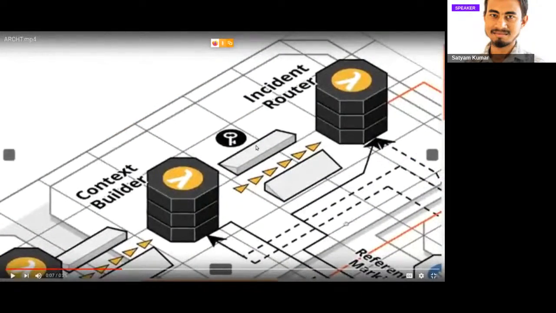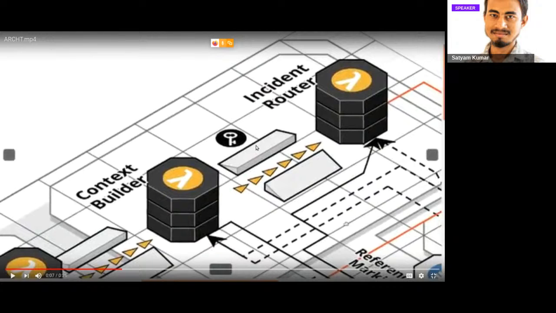Then there is a service called the incident router. Suppose a request has been raised and that client has asked us to send the alerts on different platforms, such as email, Slack, Teams, or WhatsApp, whatever it may be.